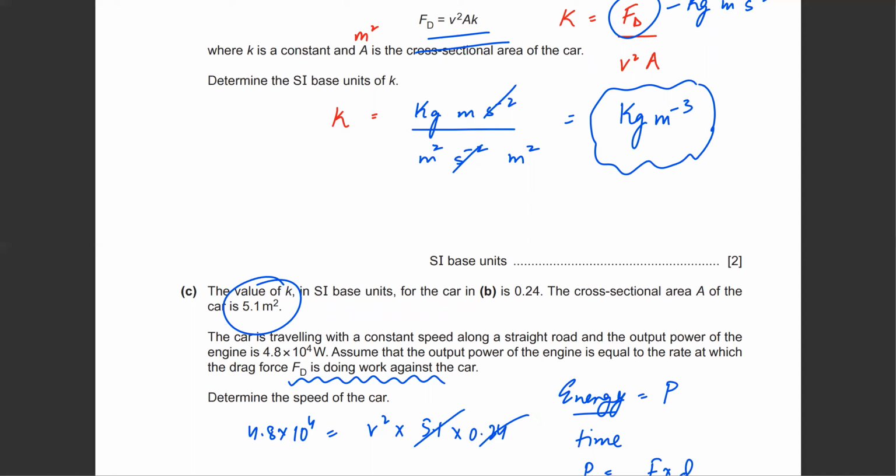So if we try and solve this, it would be 4.8 times 10 to the power 4 divided by 0.24 times 5.1, and then we're going to take the square root, and that is going to give us our velocity. So if we do this on my calculator, this would come out to be equal to